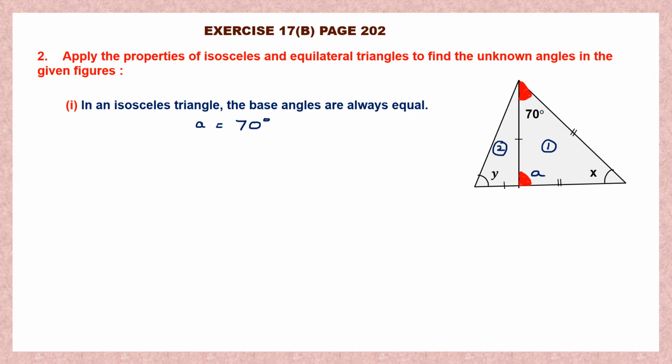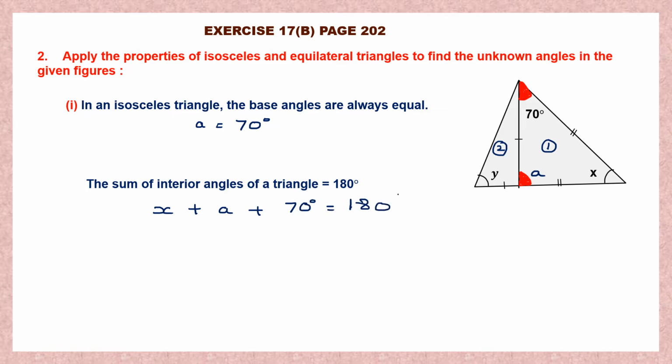Now we're going to find out the value of angle X by using another property of triangles. The sum of the interior angles of a triangle is 180 degrees. So look at triangle 1. There are three angles there, 70 degrees, A and X. All together they should add up to 180 degrees. So X plus A plus 70 degrees is equal to 180 degrees. To find X, we're going to substitute A with its value, and we know A is equal to 70 degrees, plus 70 degrees is equal to